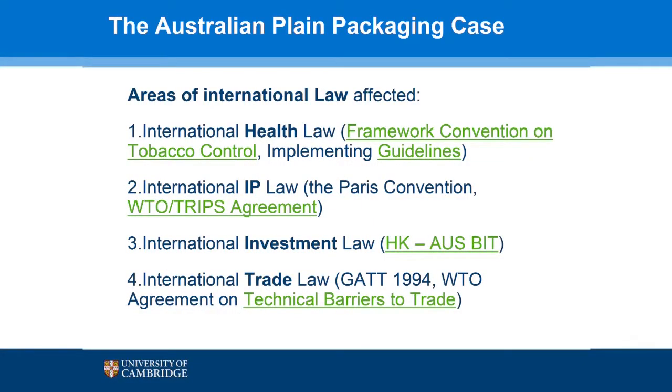There is a particular dispute which is ongoing where an American tobacco company, Philip Morris, is under investment treaties, again suing Australia and Uruguay. One of these two disputes has recently been, at least on a first stage, decided against Philip Morris. There's a further dispute on this going on in the World Trade Organization, where various countries are suing Australia. It is a good example on how different areas of international law all come to play in one area, in one sort of instance, in a way: health, intellectual property, investment, and trade law.